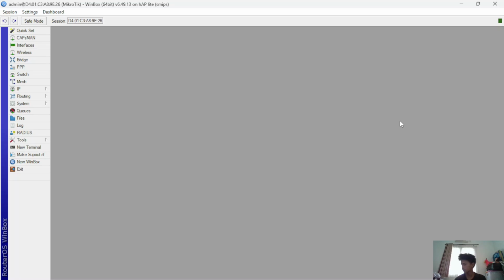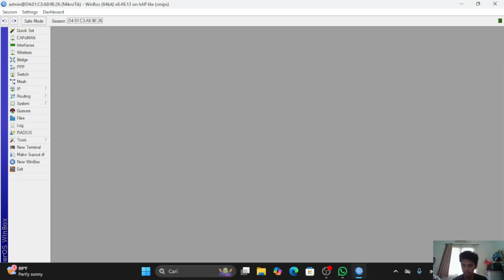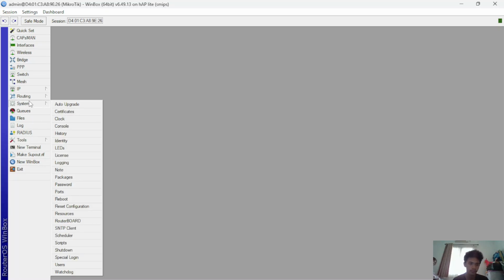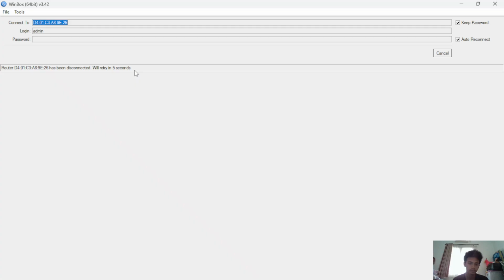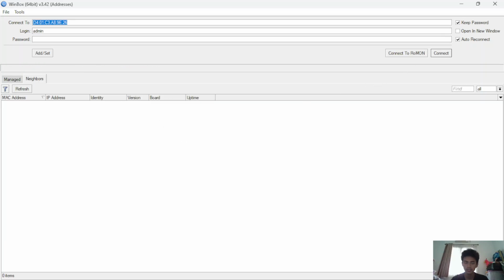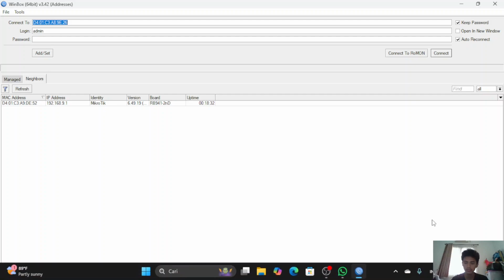You can check by swapping the port to the client port. Wait a minute. Now, if the mark changes, this is success. Okay, now we check the client port 4, or Ether 4.